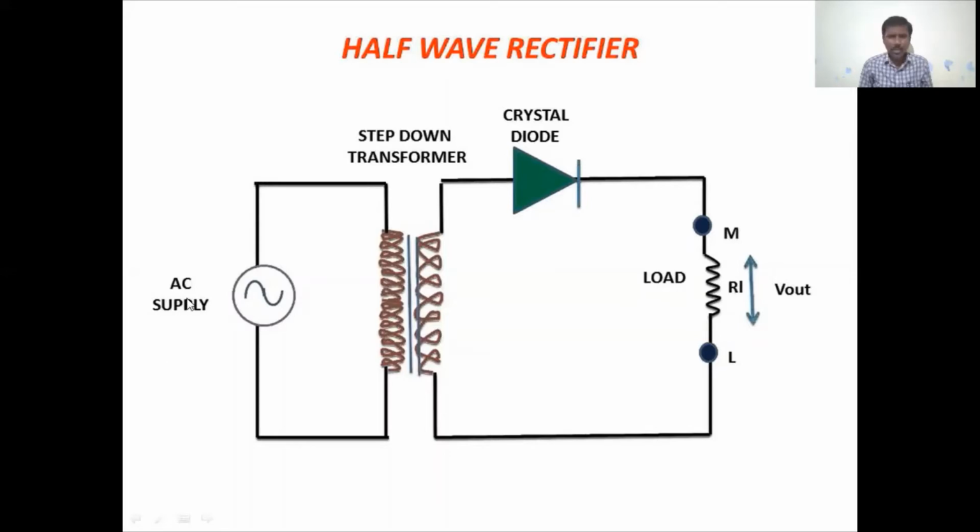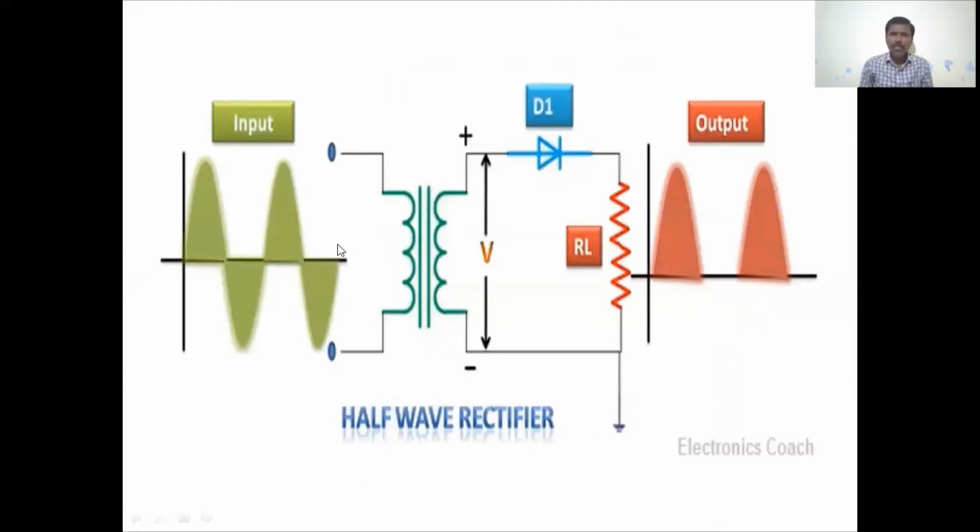So a half wave rectifier consists of three main parts: one is a transformer, another is a diode, and the third is a load resistor. The input voltage is applied at the primary coil of the transformer. It moves into the diode, and we can collect the output at RL, the resistor. This is the output form of the voltage.